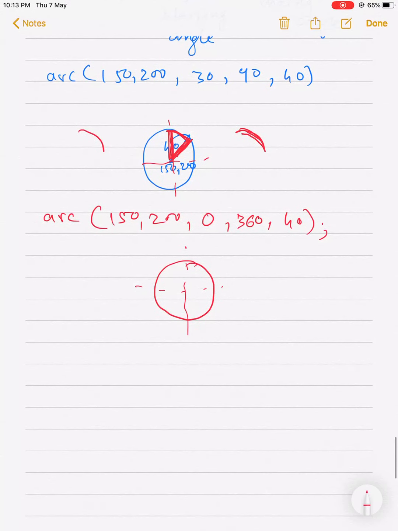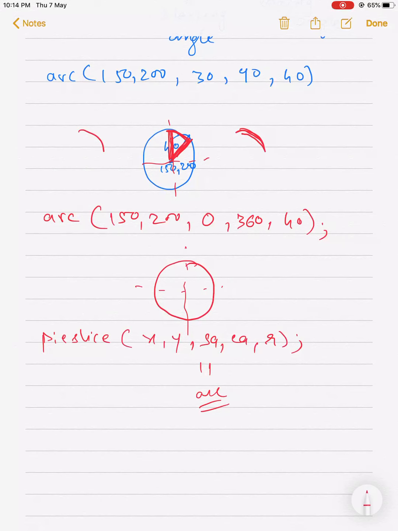Now similarly, if you want to draw a pie, if you want to distribute into a pie, the same function, pie slice, is used with similar parameters to an arc: x, y, start angle, end angle, radius. It will distribute into pies, nothing else.